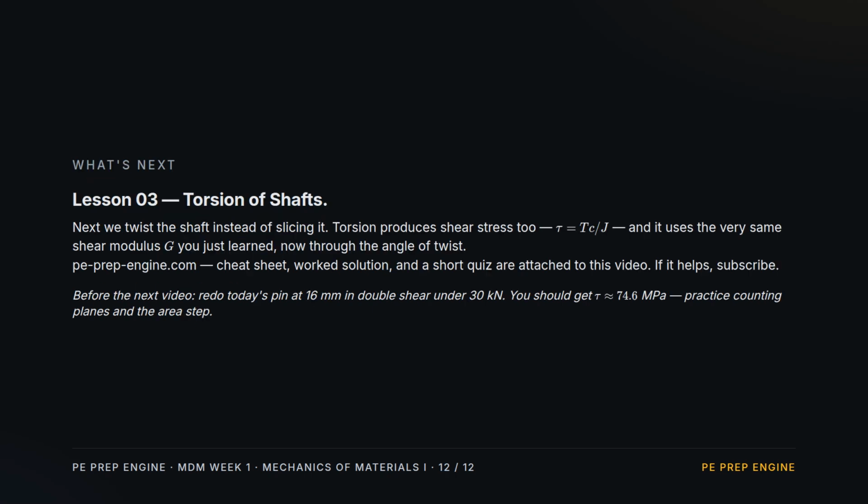Next up, Lesson 3. Torsion of shafts. We stop slicing the pin and start twisting it. Torsion makes shear stress 2. Tau equals Tc over J, and it leans on the same shear modulus G you just met, now through the angle of twist. Before then,